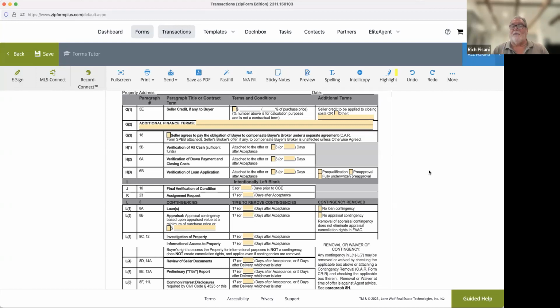Here's another way that this could be used. If you have a buyer broker agreement in place that the buyer agrees to pay 2.5%, and the seller is offering 0, which, remember, is a possibility now, you can ask the seller to pay your 2.5%. Since the seller is offering 0, you're asking the seller to pay it. So that's another reason to have a buyer broker agreement in place.